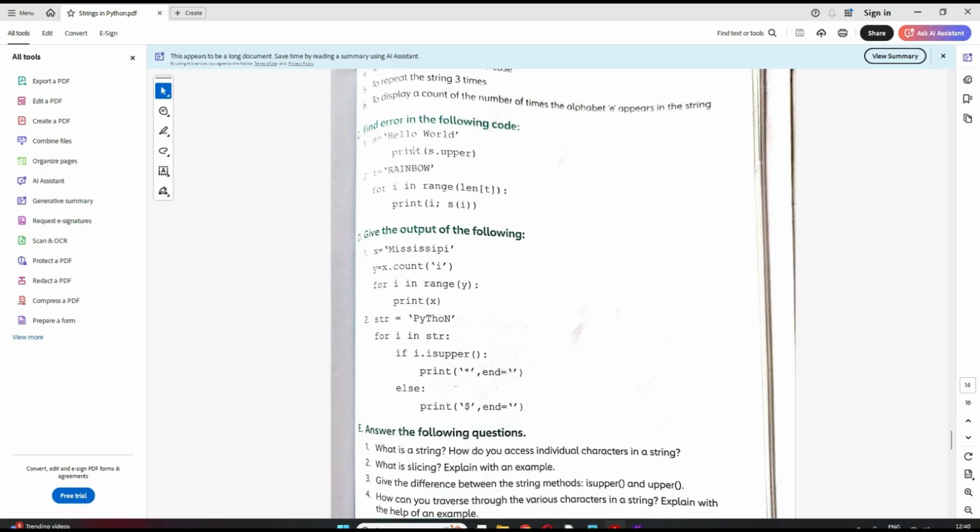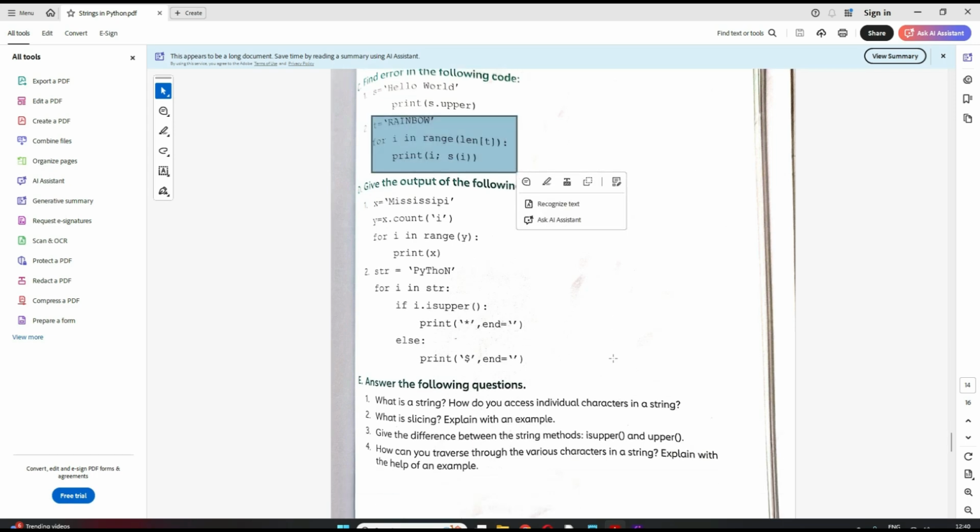Clear? Now in this, what is wrong? Again, pause and try to answer and then listen to my answer. You have to think, you have to see very carefully. See what is wrong here. See, t is equal to rainbow. This statement is correct. No problem. Now this for i in range, the syntax of the for loop is correct, right?